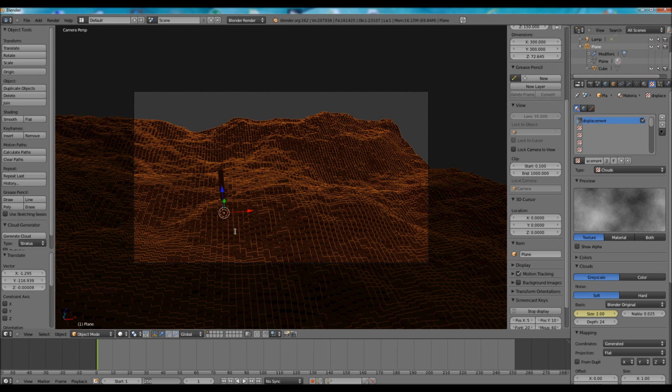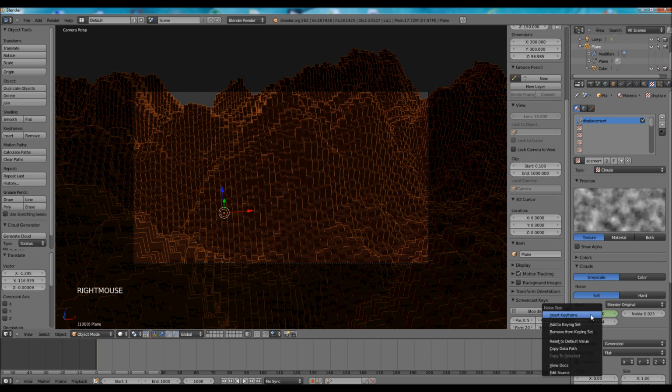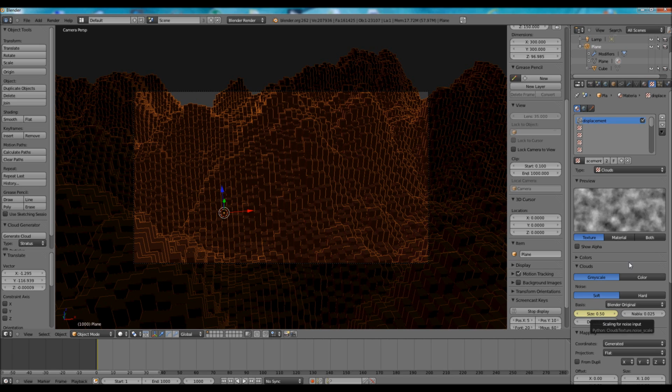In order to make it a little bit more realistic, we need to have a longer time when the plane will be deformed. So let's say we will have 1000 frames of animation. Then go to frame 1000 and set it to like 0.5, and then keyframe it again. Either you right click and choose insert keyframe, or you move your cursor over the field and press I. In both cases it will insert the keyframe. If I play the animation by pressing Alt A,